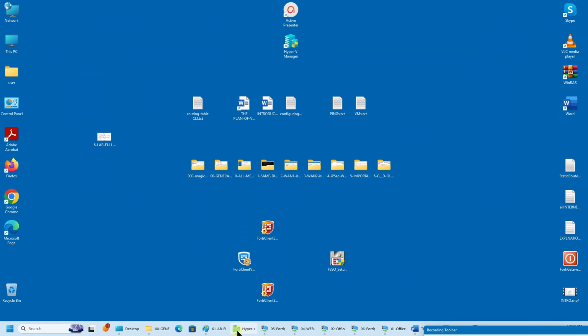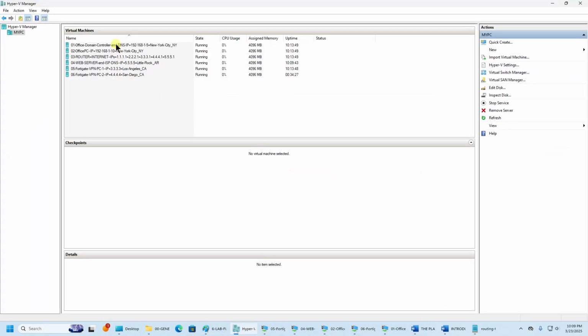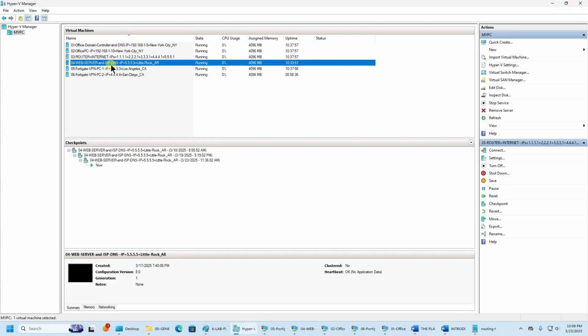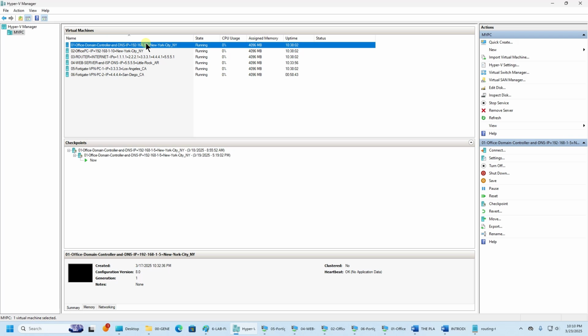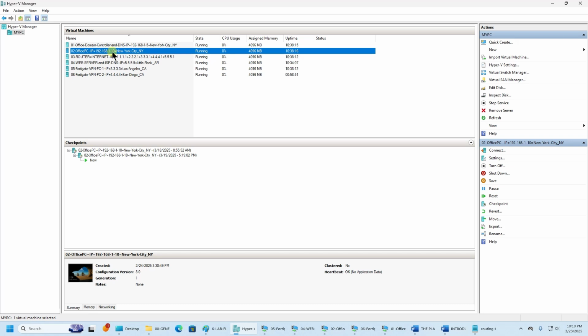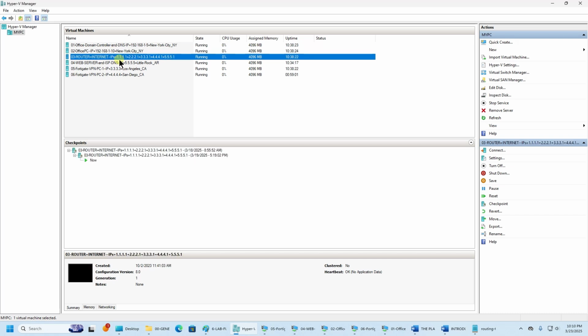My virtual lab contains 6 virtual machines based on Hyper-V because I have Windows. We have a domain controller with address 192.168.1.5, an Office PC with IP 192.168.1.10, a router, and the internet, a fake internet with 4 addresses: